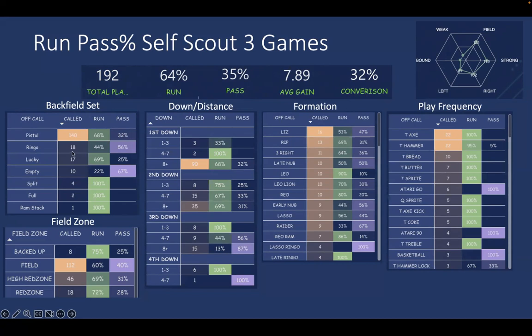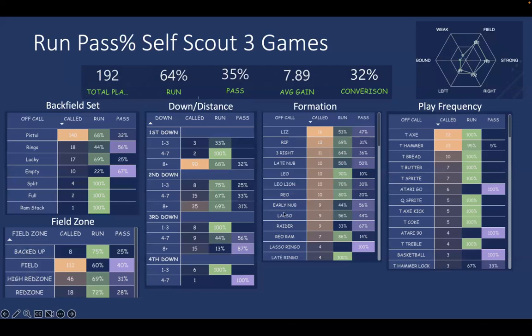When we set the back in Ringo, we now move into a little more of a pass tendency, and it's because we're pistol based. We do offset the back for some things, but we have a tendency to throw some of our intermediate concepts to the right with our back offset that way. So these are some things we're looking at. I'm going to look at what our field zone tendencies are, and then I'm going to look at our down